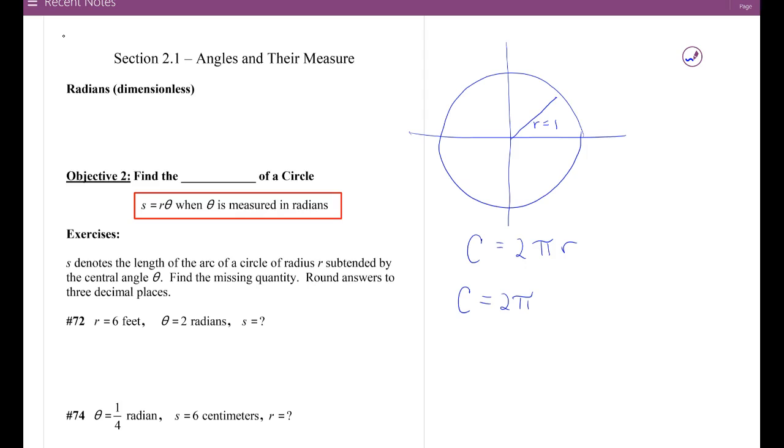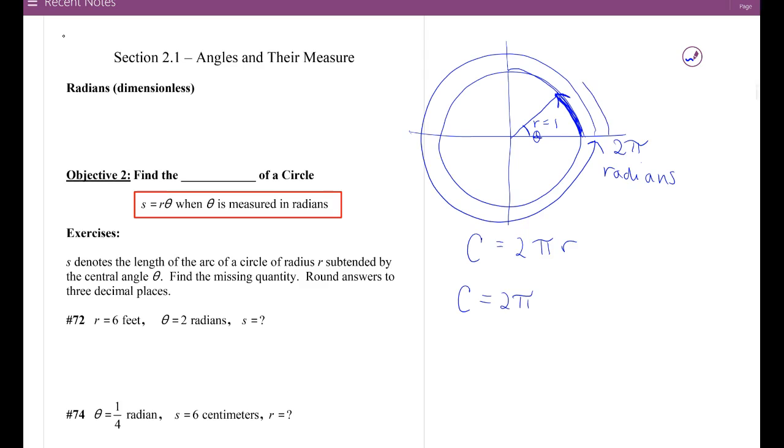Well, if the radius is 1, then the distance that you've traveled around the circle is equal to the size of the angle in radians. So we say there are 2 pi radians in 1 full revolution around the circle. So clearly looking at the picture, this would be pi radians. And then we're going to look at lots of other fractions of radians. So objective 2 is going to be to find the arc length